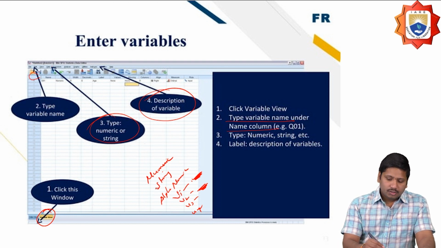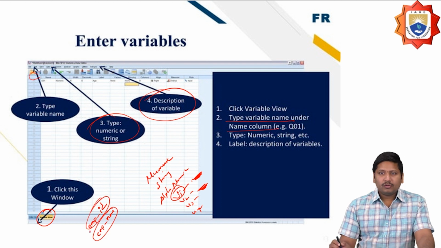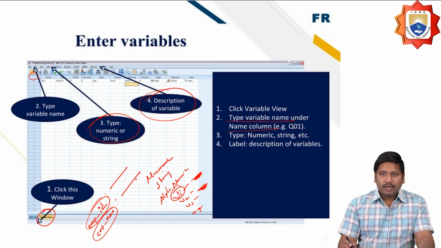Suppose I'm going to take something like employee. Instead of taking v1 for the employee, I can simply write employee ID, employee name. By taking the name of the variable, you are able to identify for what purpose it is used. This should also be maintained, and that is very important here. So in order to do that,